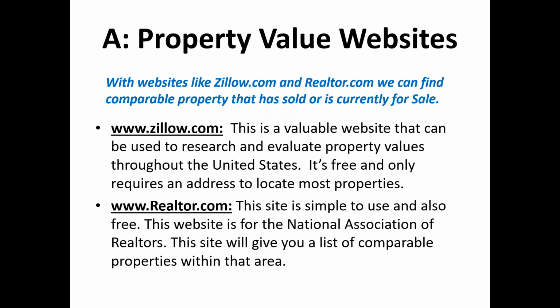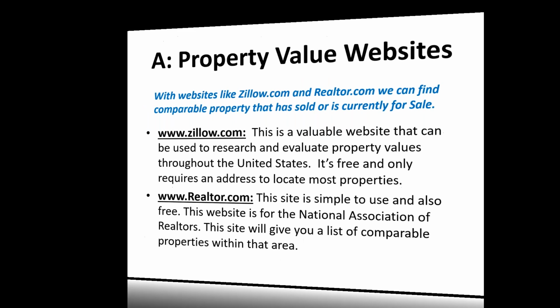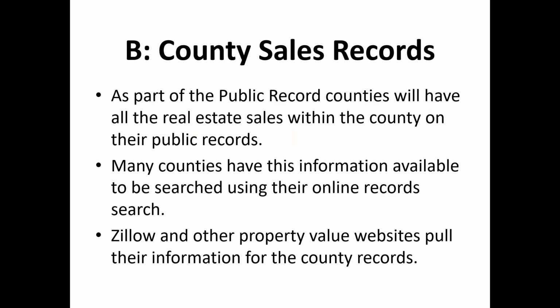Yeah, absolutely. We'll use Zillow, other resources like Realtor.com to find these comparables, and then essentially we're able to go through and do a comparative market analysis and really help determine what the property value is. Yeah, county records also, counties track every real estate sale. I mean, ultimately, they are the source for